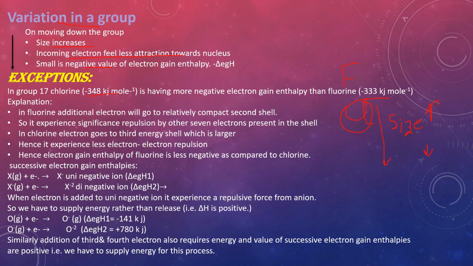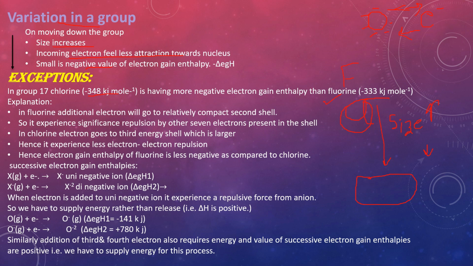Now let us understand this. You know that fluorine has a smaller size and chlorine has a bigger size, and the outermost electrons are 7 in both cases. So here 7 electrons occupy less area: 1 2 3 4 5 6 7. These are the 7 electrons. When the incoming electron comes towards fluorine, it feels repulsion from the electrons already present on the surface of the small fluorine atom. So fluorine has less tendency to accept this electron, and hence its value is less, that is minus 333 kilojoule per mole.